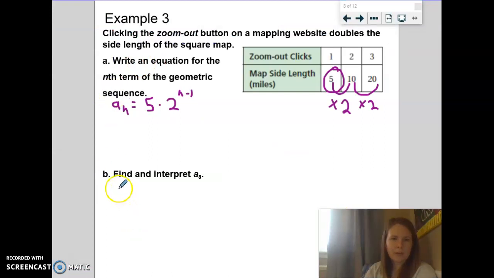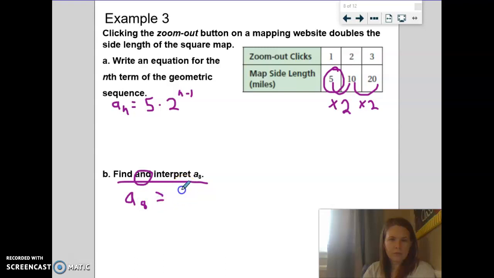So the second part is find and interpret a sub 8. Basically I'm asking what is going to be that 8th term in the sequence. So we want to find and interpret. We're going to figure it out first, and then we're going to identify what it really means. So I'm going to use the formula we just created. I'm going to have a sub 8 instead of a sub n